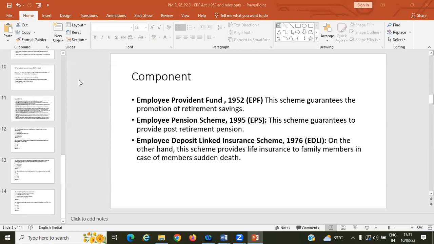Next, all these acts are related to the Social Security Act, Gratuity Act. We are going to discuss them. Tomorrow we won't have any classes. Day after tomorrow we'll discuss one act. That is also related to Social Security. And if you have any question on this, let me know. We'll discuss further.